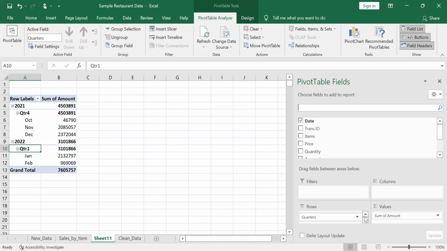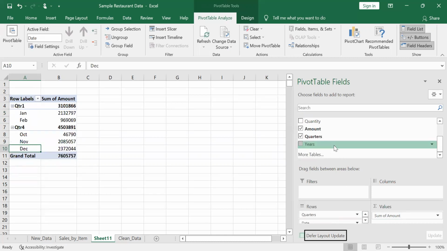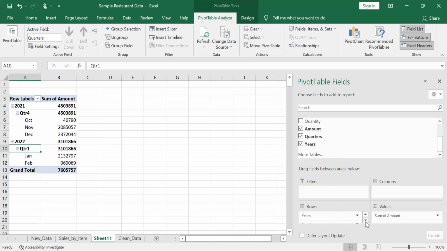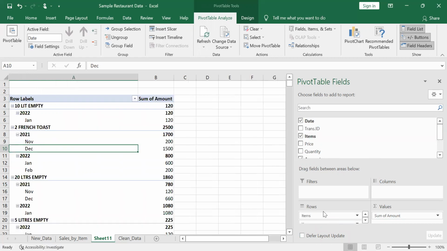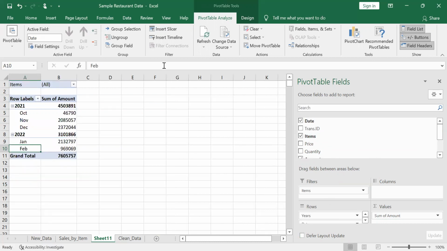What I want to do here, I can remove the year, or let's have the year and remove the quarters. That's a little bit better because the data is a little bit small, but just think about it having very, very many years, and it becomes very easy to look at these things. Then we'll also put the items on the rows. Sorry, I will put the items on the filter. And now we have this very good